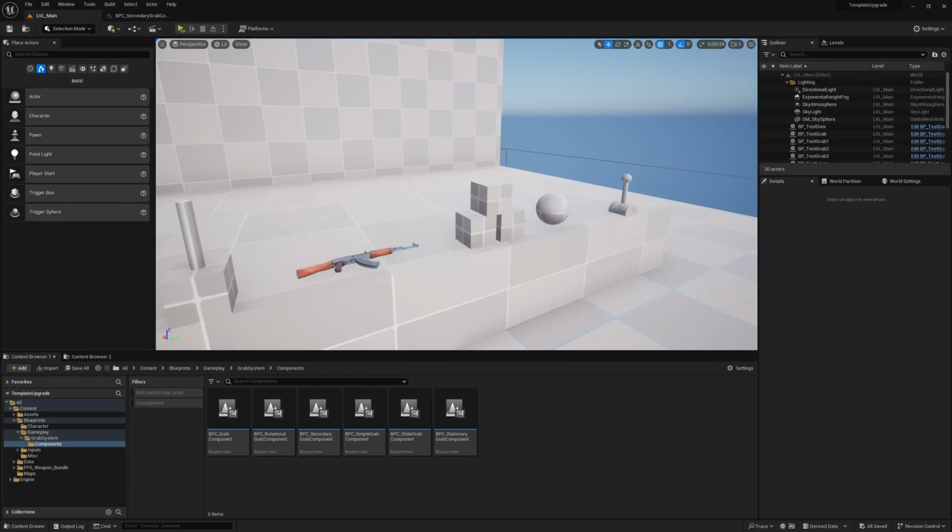Hello everyone. I just wanted to record a quick tutorial on how to properly rotate the gun mesh inside the VR project if you're implementing a two-handed grip system. Now, a quick disclaimer, this is not a tutorial about implementing the system itself. There are plenty of other tutorials on YouTube, and I assume you do have something created one way or another